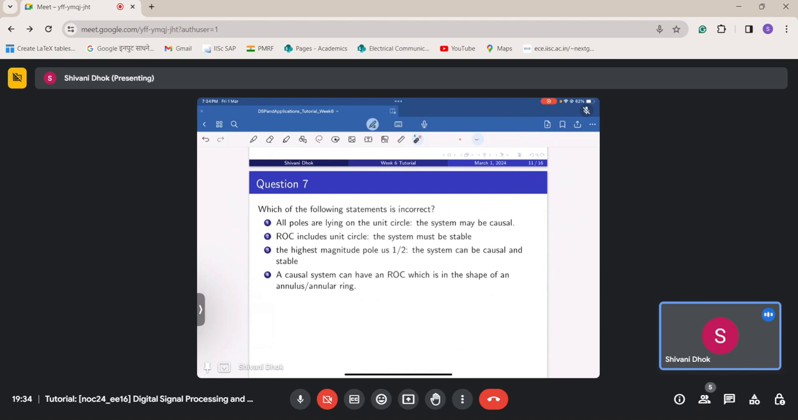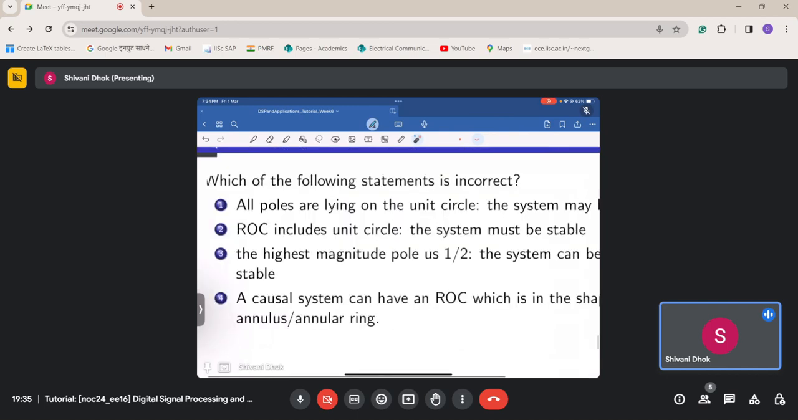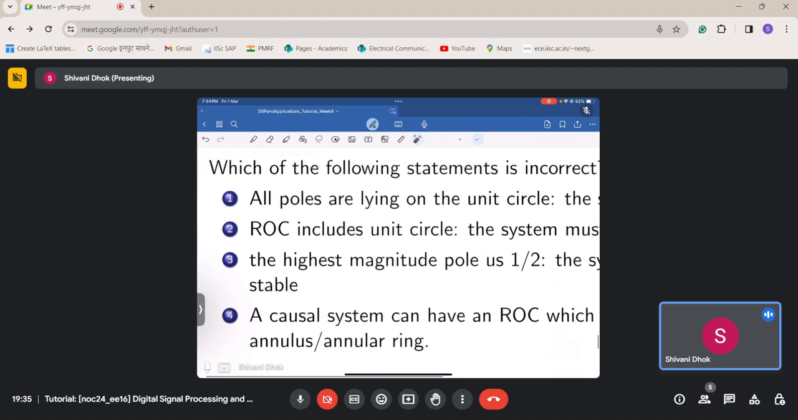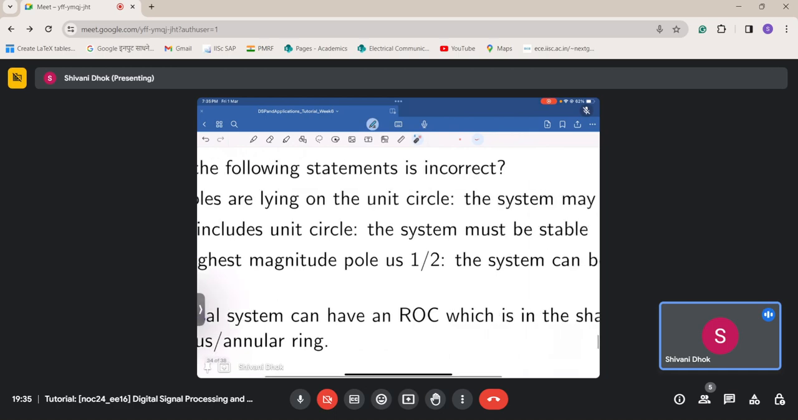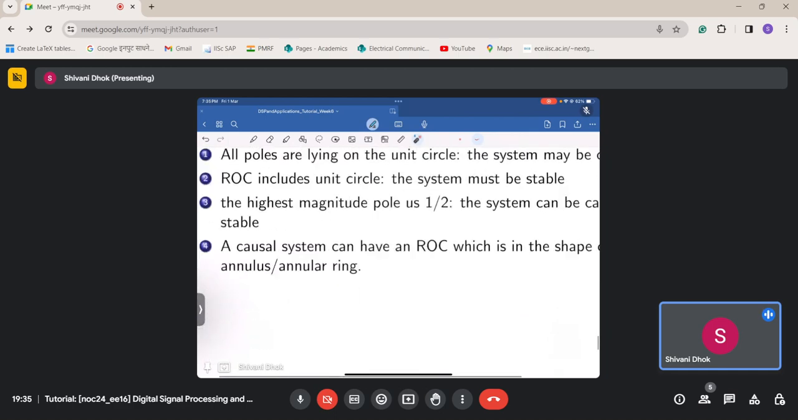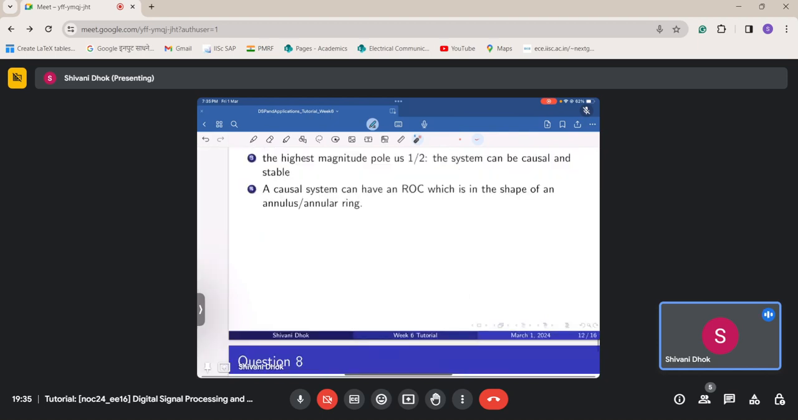Yeah, so this is the 7th question that I have planned to cover. It says, which of the following statements is incorrect? So it is asking us which of the following statements is incorrect, and the first statement that is given to us is, all poles lying on the unit circle, the system may be causal. Okay, so for the first part,